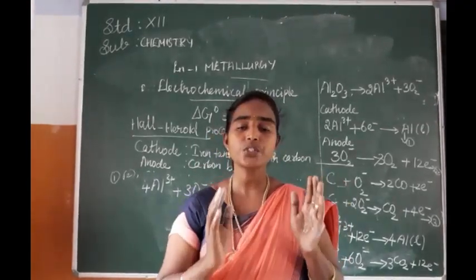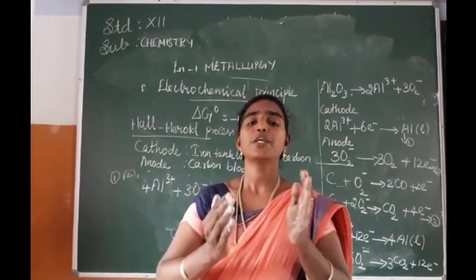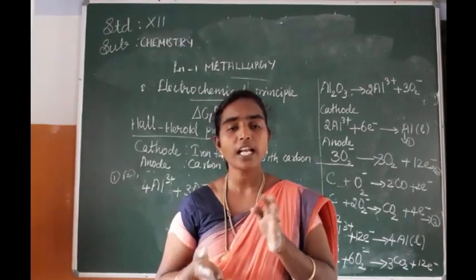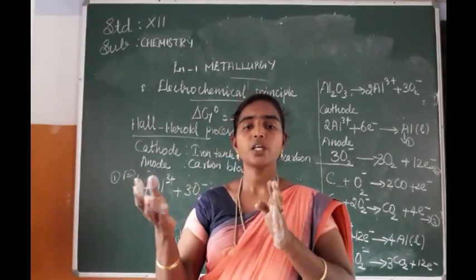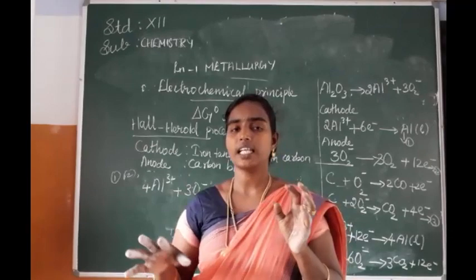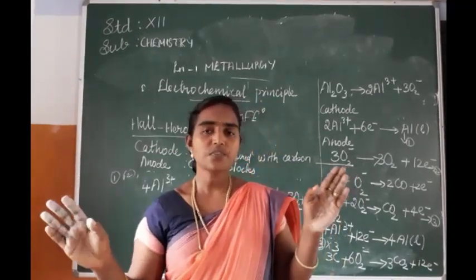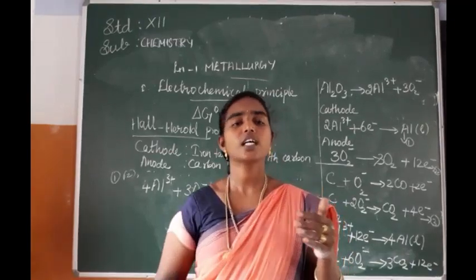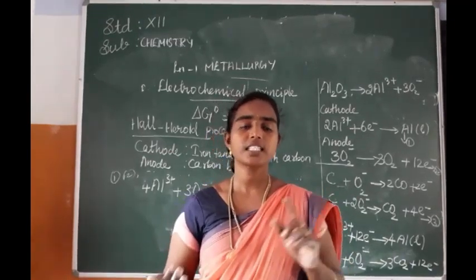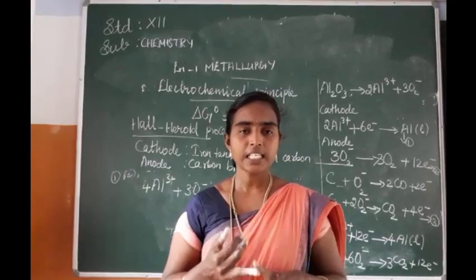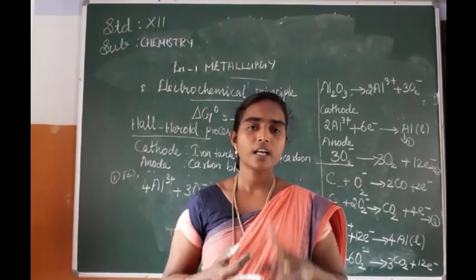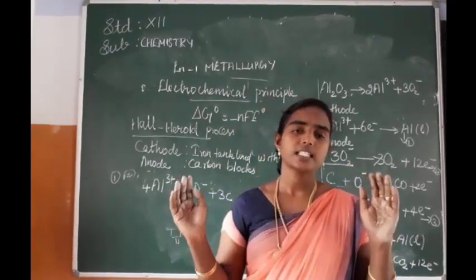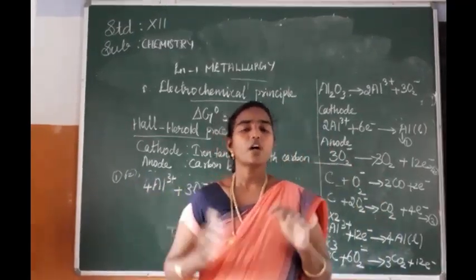The Mond process is used for the refining of nickel by using carbon monoxide. Next, the Van Arkel process is used for titanium and zirconium. Here iodine is used as a catalyst. Is it clear? Next, we have also seen some of the applications, that is aluminium, zinc, copper, iron. These are the metals given. Gold also is given.